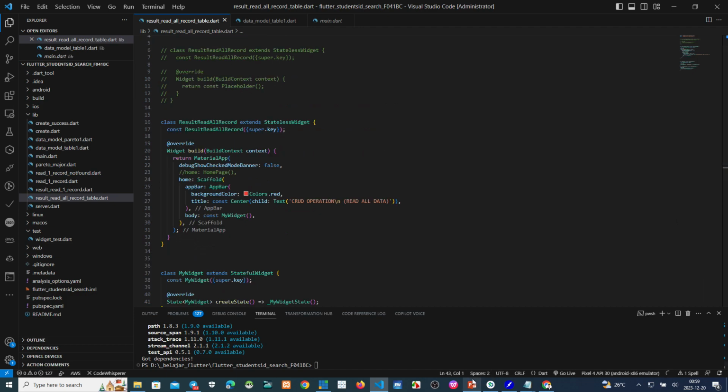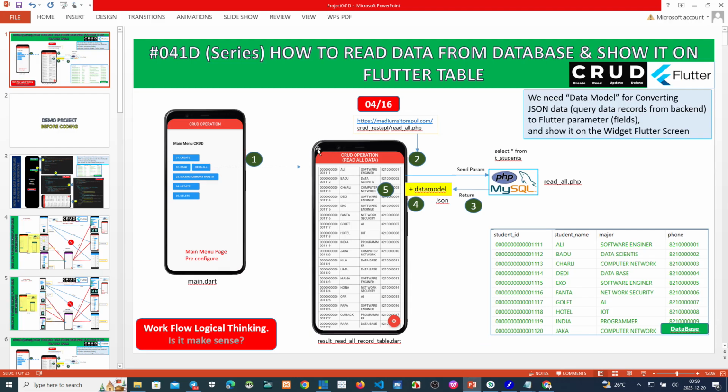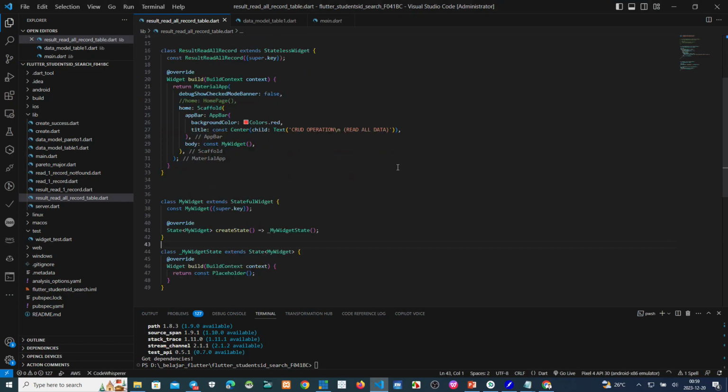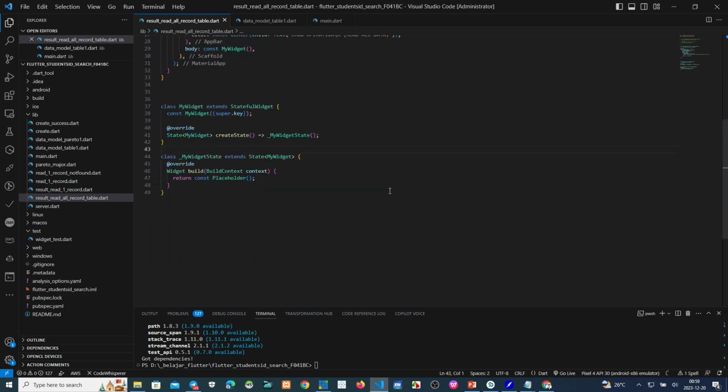So we have finished making the application bar here, and next we make a function to get data from the backend.